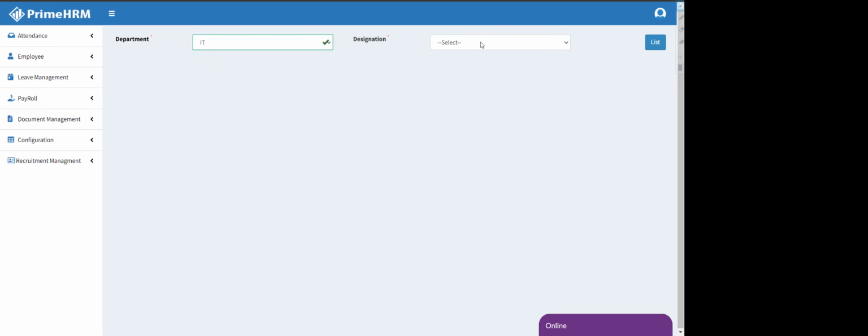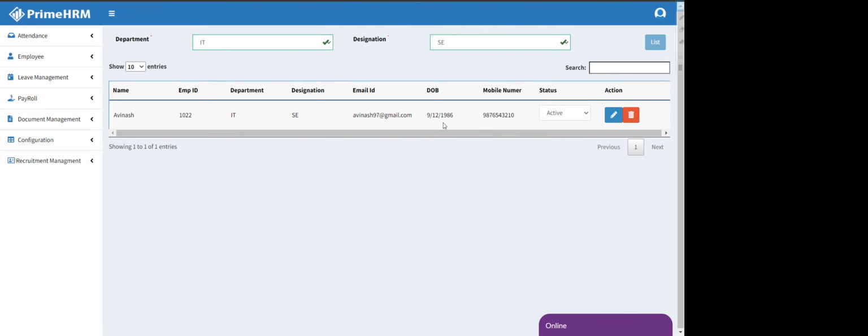Here you can choose the particular designation. So we have Avinash, right? Initially his status is active, or he's relieved, or terminated, or absconded. So these are the statuses you can modify. For example, if you change this one, the status will automatically be updated on the backend side. So you can see this employee as relieved status. Right now in this case, this employee has the active status, right?